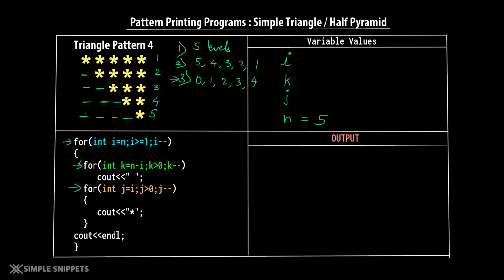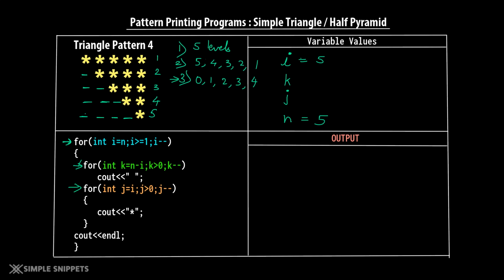Starting off with the outer for loop, we say i equals n. We don't say i equals 1, we are not going from 1 to 5, we are going from 5 to 1 now. So the i value becomes 5. As I mentioned, the reason we are going in a reverse way is because in the pattern, the first thing we have to do is print 5 stars and not 1 star. So we'll take the help of i being equal to 5, and you'll see what happens inside the other for loops.